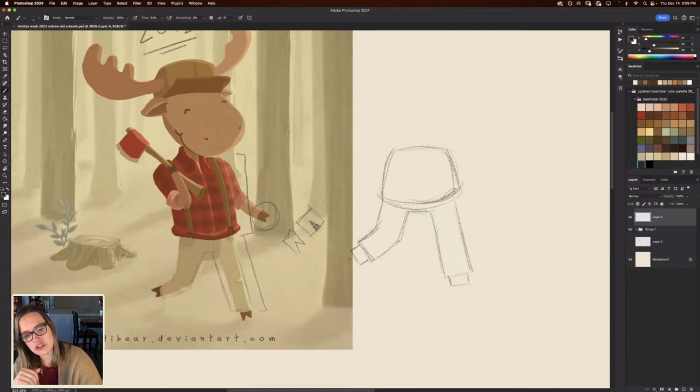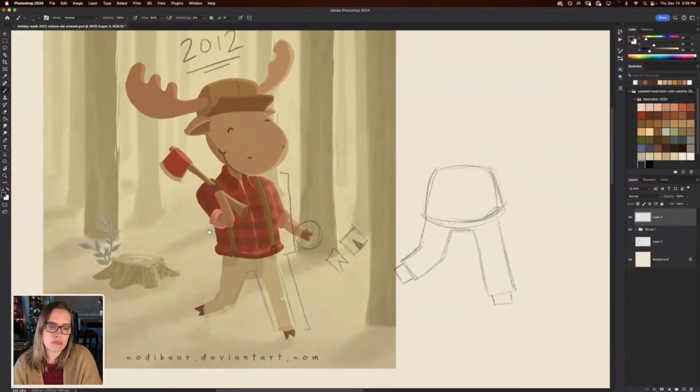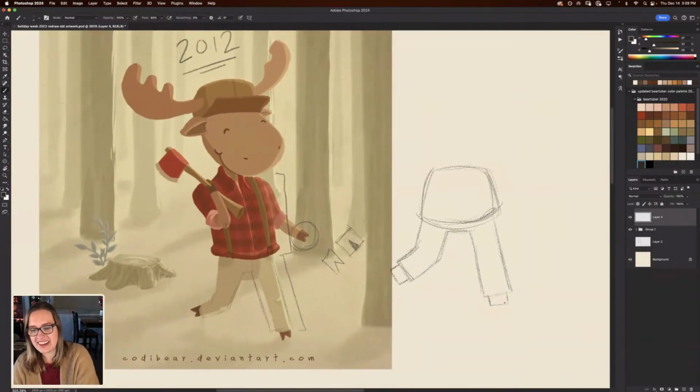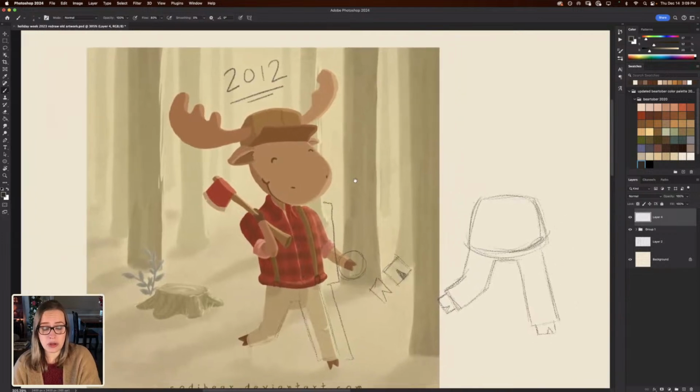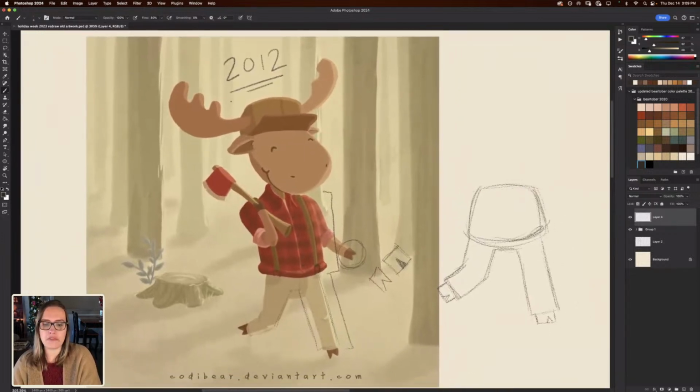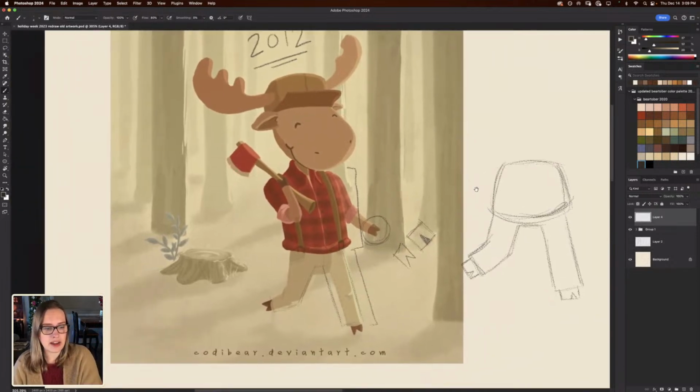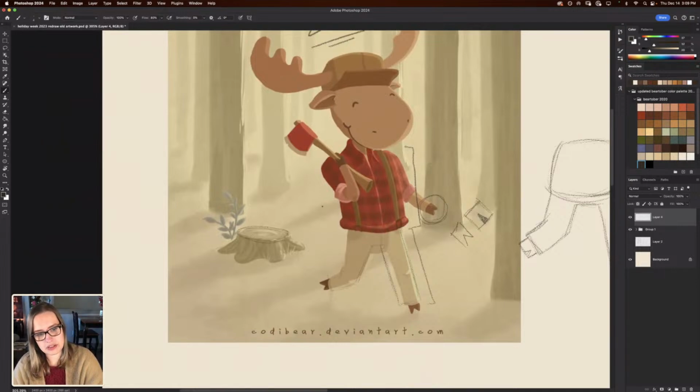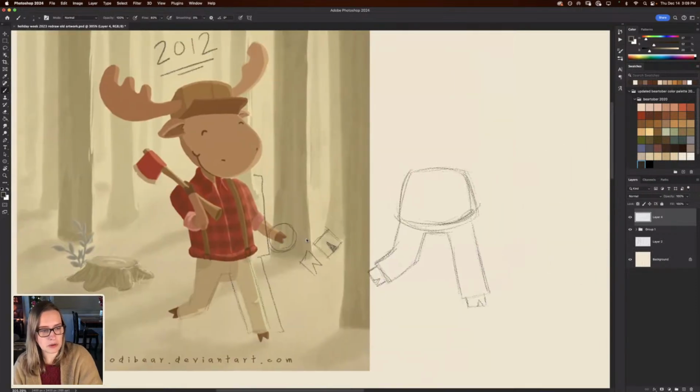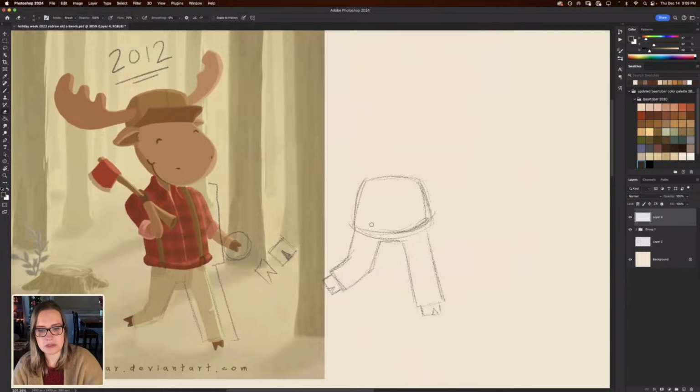In general, I would say that my shapes are a lot more chunky, if that's a word. They're also more flat. Back here in 2012, I hadn't learned my forced flat perspective as of yet. As you can tell, especially with this tree stump, it has just normal perspective. So definitely going to see a lot of differences there as well, just with the shape language.